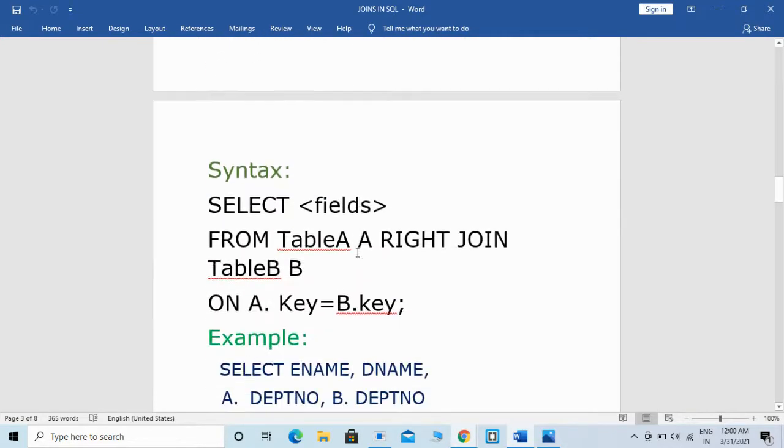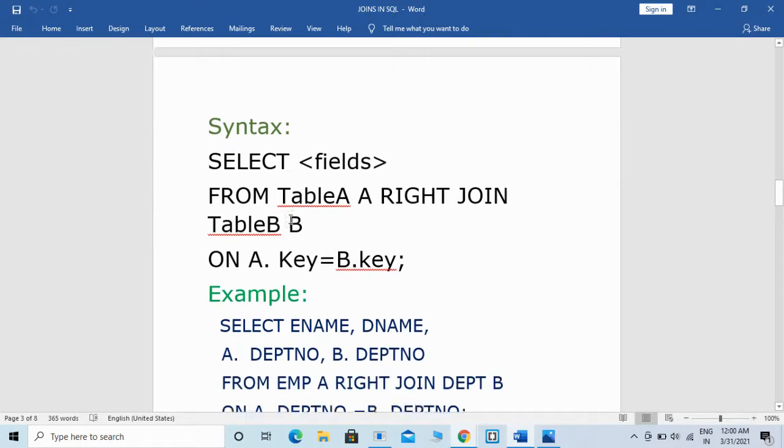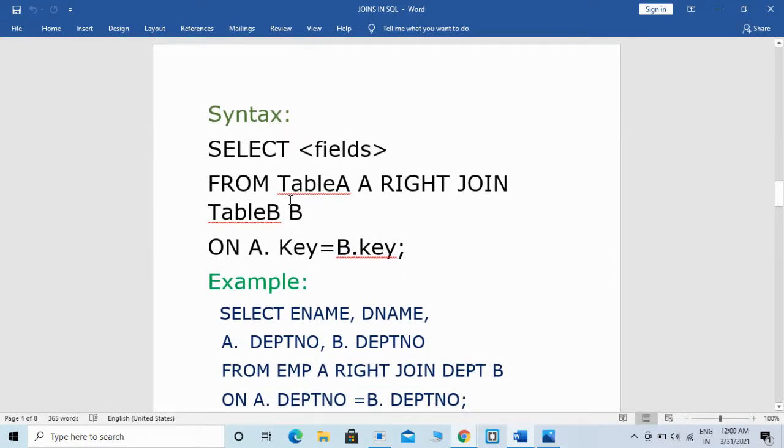And this is the syntax for right join. Select fields from table A right join table B on A.key equal to B.key. Here the key is the matching column between both the tables.